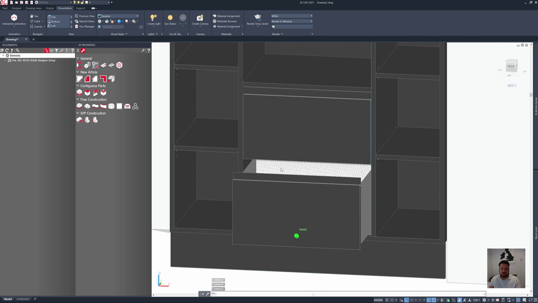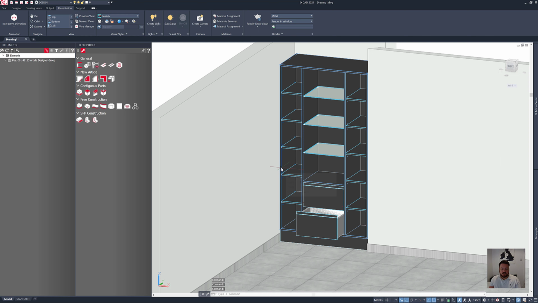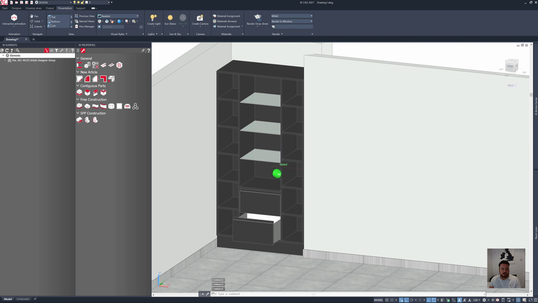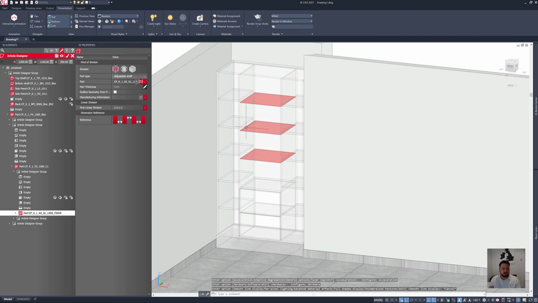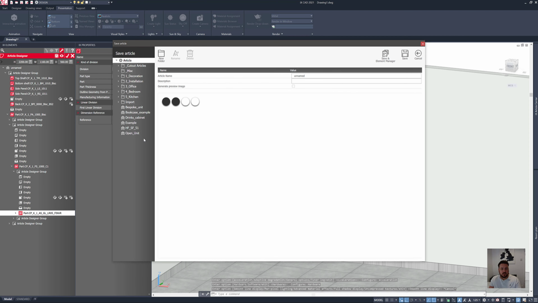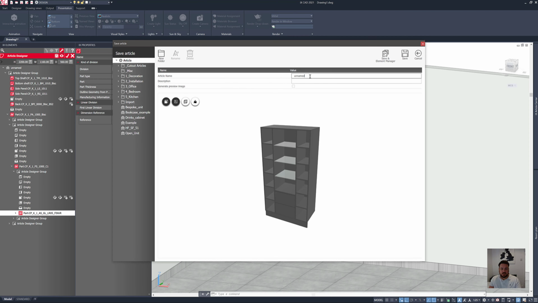I'm happy with the design, so let's save this so that it's in the library for next time. I'll just go here and right click and say modify the article, click on the product, and then I can go to the save disk, and then I can give it a name. So in here I'm going to call this tall freestanding